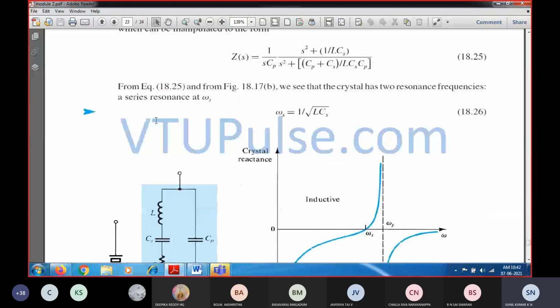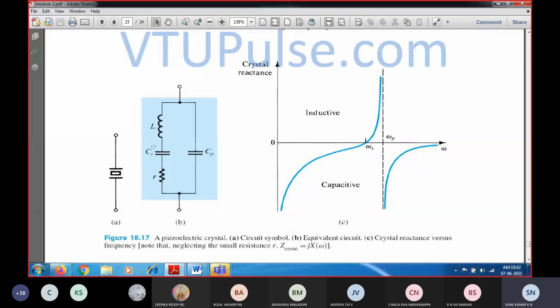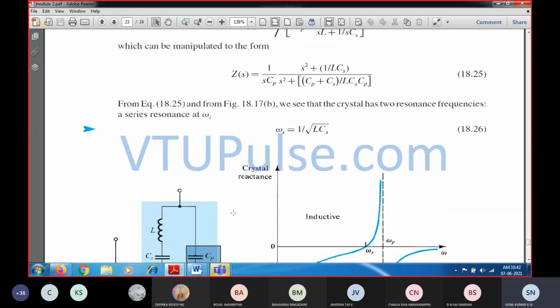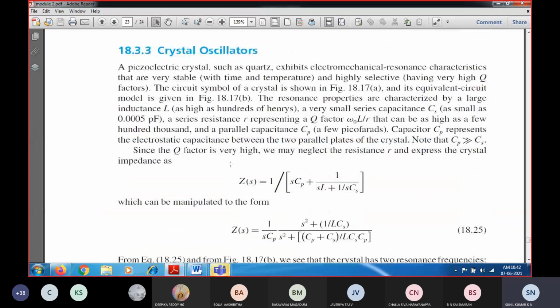in the range of 0.0005 picofarad, and a very small series resistance. The parallel capacitance is going to have a very high value. So this is the electrical equivalent circuit, and correspondingly we have seen how the impedance is going to